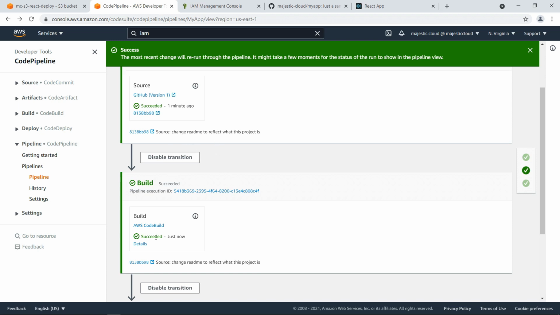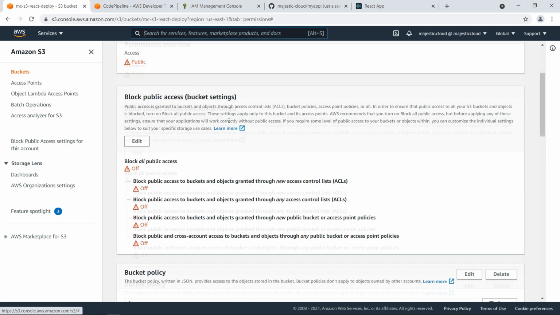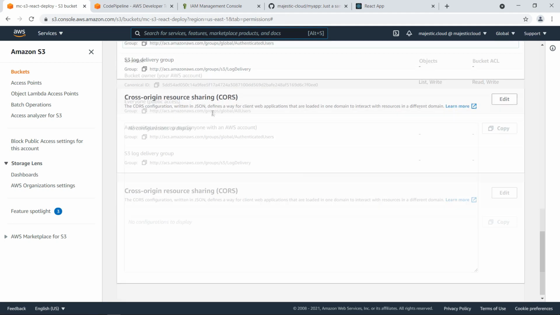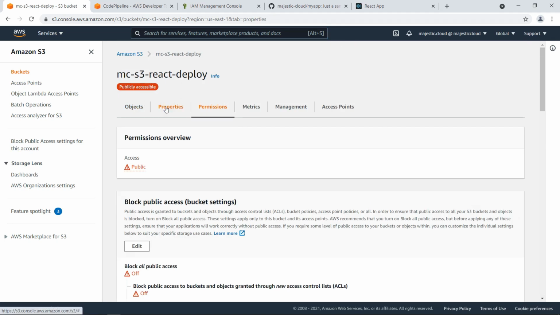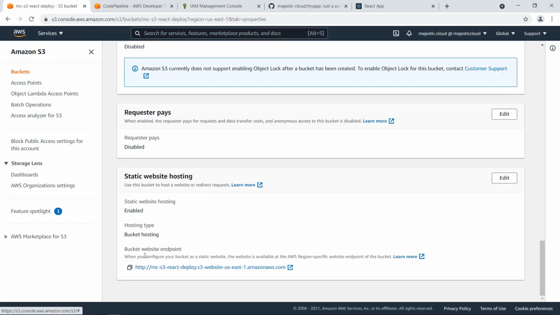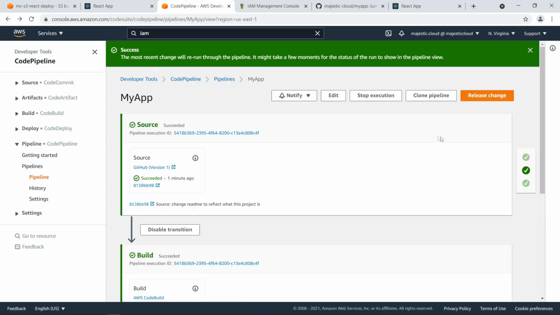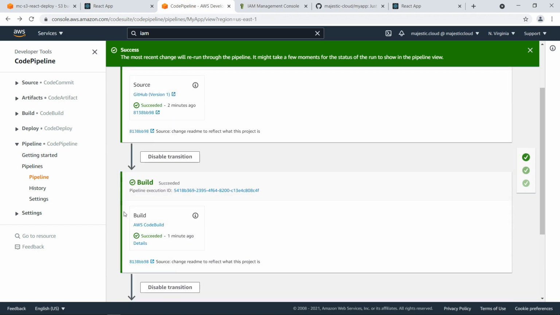So the build succeeded, and also the deployment to S3 succeeded. Let's go to our deploy bucket. We're here, and let's grab the URL for the static website hosting. On this URL I should have my application deployed, and you can see it is deployed here. Now I released the change manually because the first time it failed, but let's go